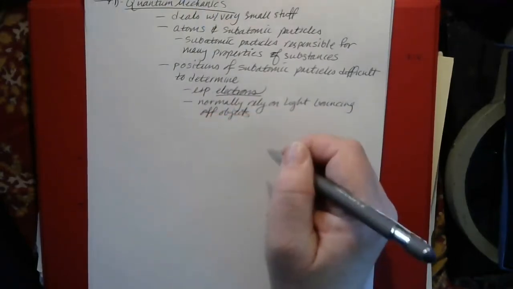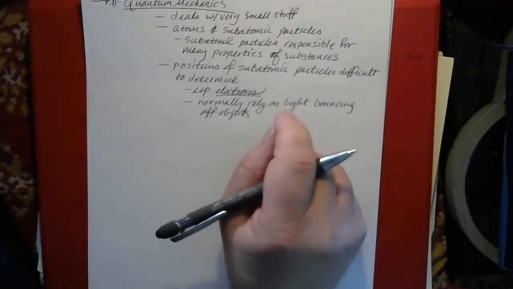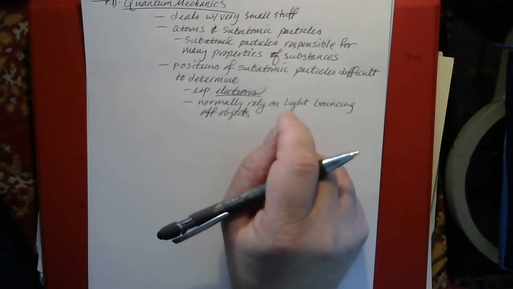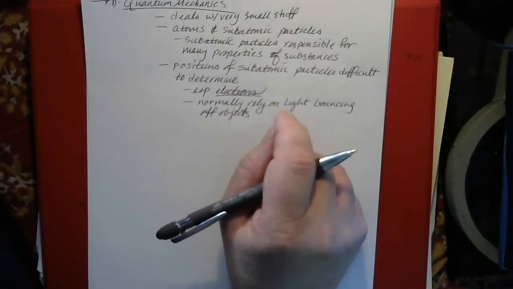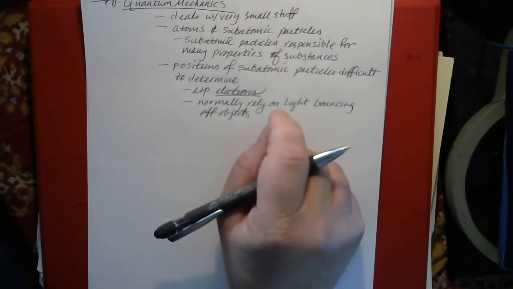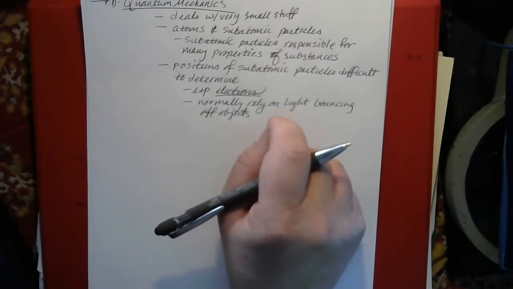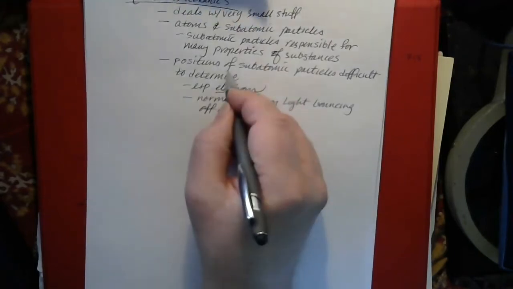In fact, visible light bouncing off objects is how we locate most things. It's how you locate the doorknob when you want to go in or out of a room. It's how you locate your keys when you pick them up. It's how you locate another person when you go to, say, kiss them or slap them, as the case may be. We rely for all of that on our vision, which is based on visible light bouncing off objects and